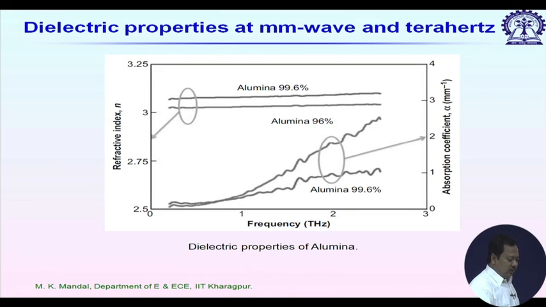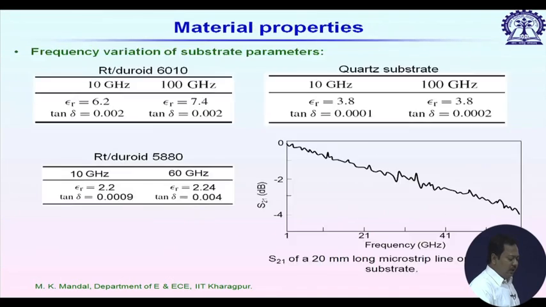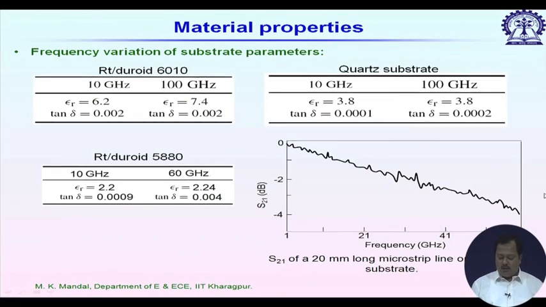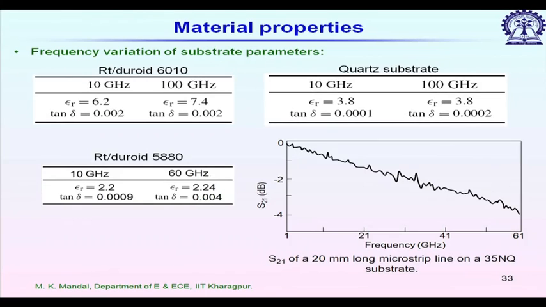So, now let us go back to the microstrip line example. After studying these material properties at millimeter wave frequencies, we see that in comparison to the microwave or RF frequency range, loss tangent value or other properties do not change drastically. There is an increment of loss tangent value, but it is really small. So, then